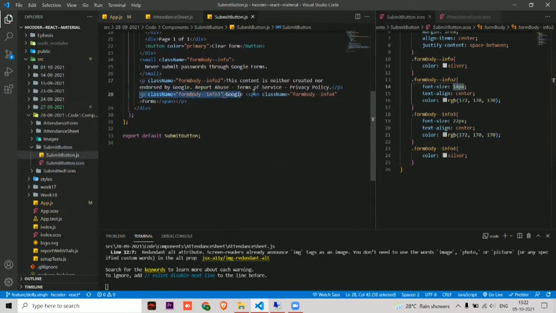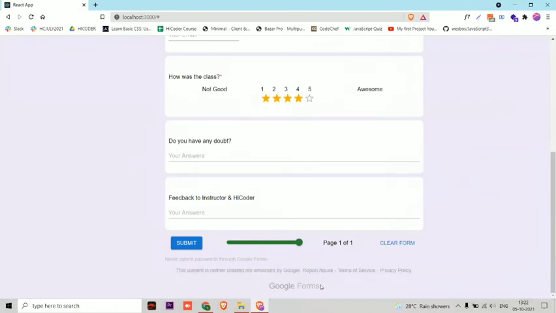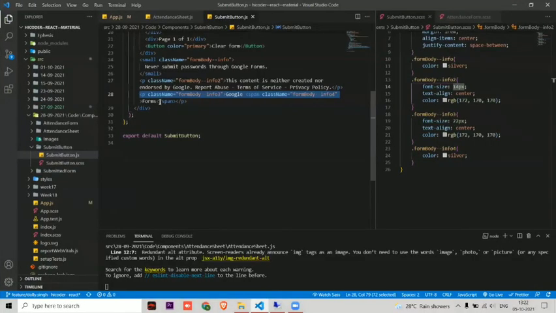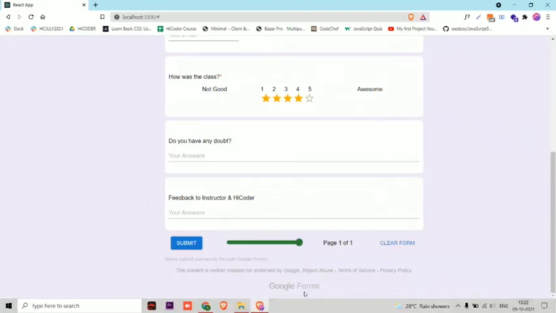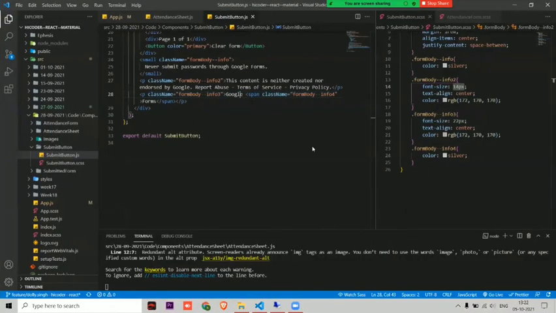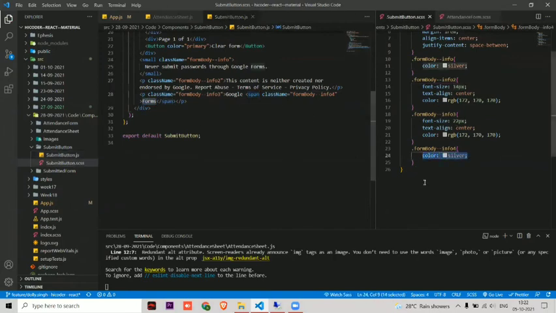Okay, so let's move. Again here we have taken one more div, and here you can see Google form. For that I have used a p tag, and in the p tag I have written Google form. And if you see carefully, Google is a little dark and form is a little blurred. So for that I have used a span, and I have put forms there. For forms I have used a different color, and for Google I have used a different color. Here you can see. So I have used two classes in a single tag, and for that I have used a span inside it.